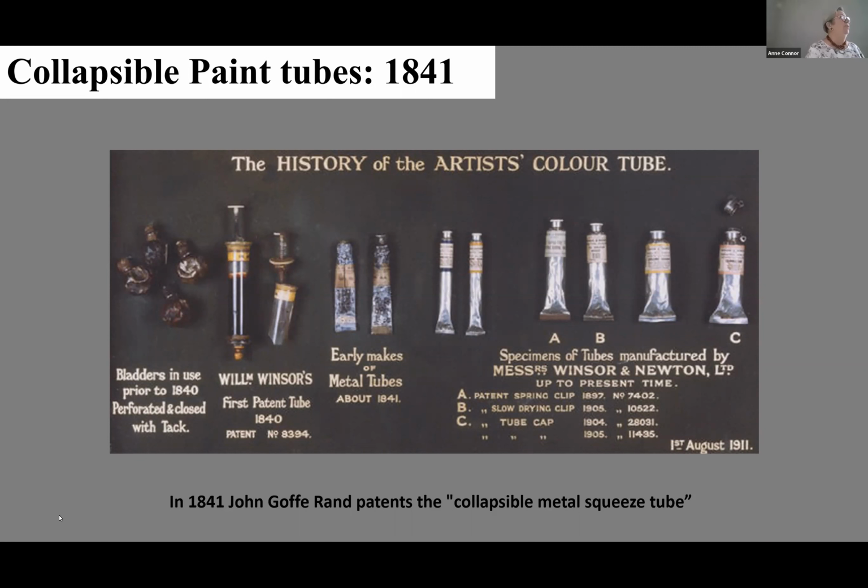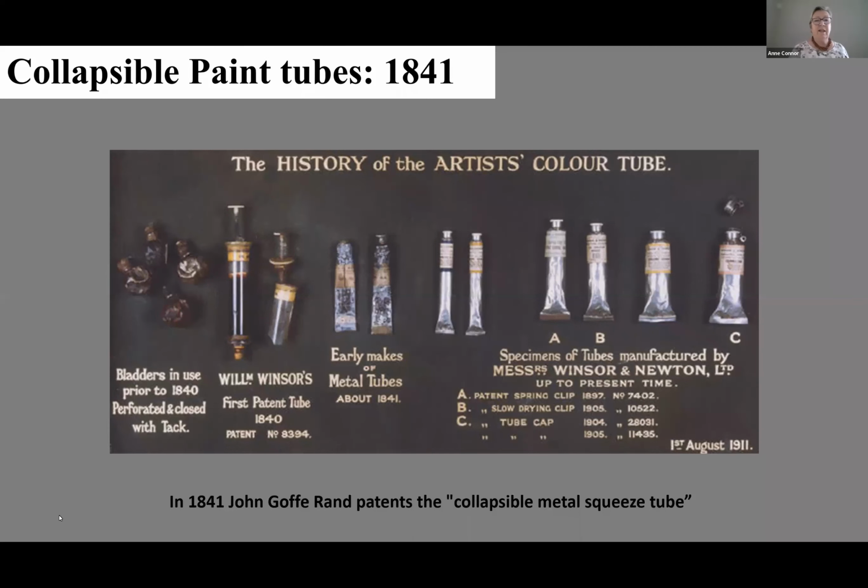And this is going to favor the whole idea of painting outdoors, because they don't have to prepare everything and the pigments might not be dry by the time they're outside. From the mid-century, they were able to use these collapsible paint tubes,